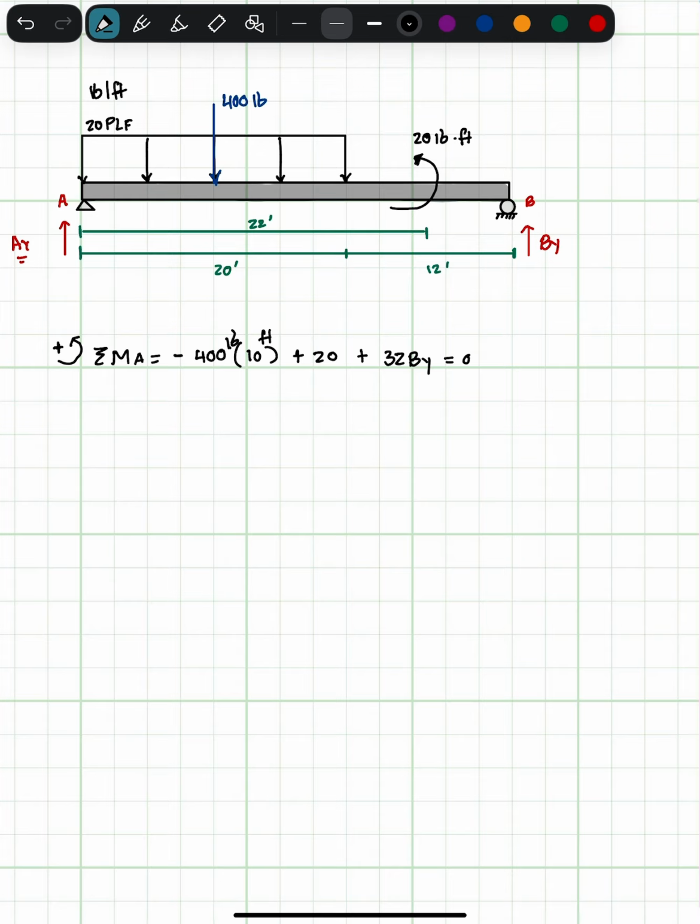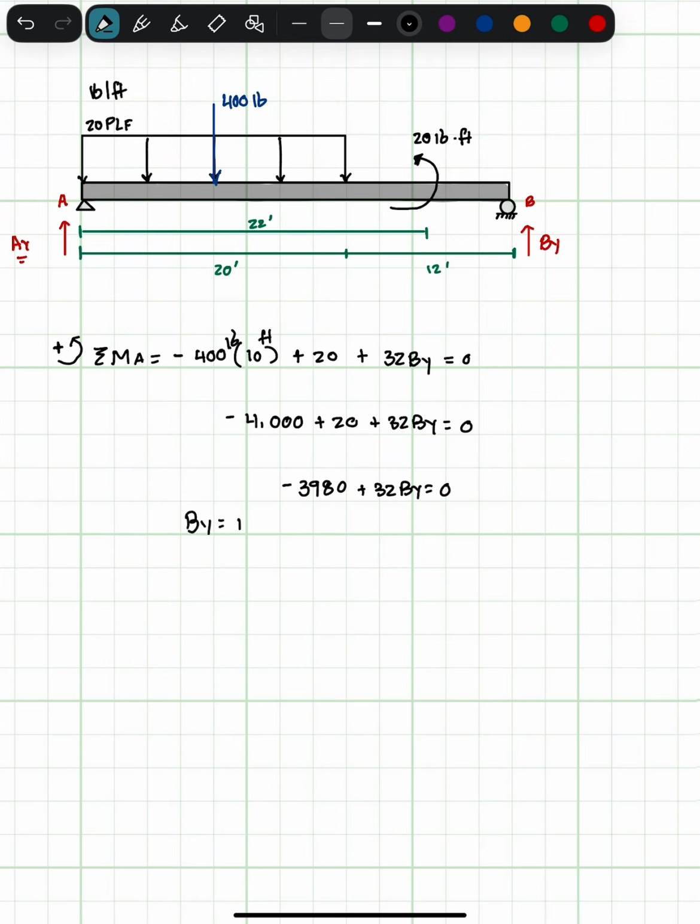I got negative 400 times 10. Going to do the complete math here. So negative 4,000 plus 20 plus 32 BY equals 0. Let's do negative 4,000 plus 20. You guys can see that this moment is very small. This 20 pound foot is very small compared to the 4,000 pound foot that's happening next door. So I'm getting that plus 32 BY equals 0. So if I divide that by 32, I'm going to get BY